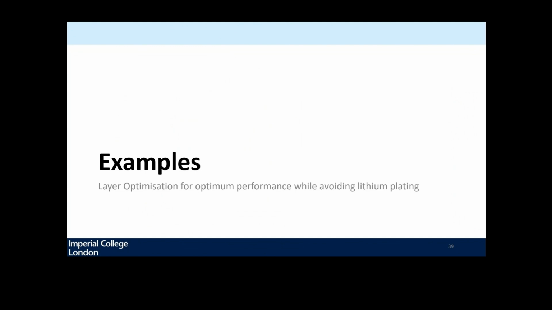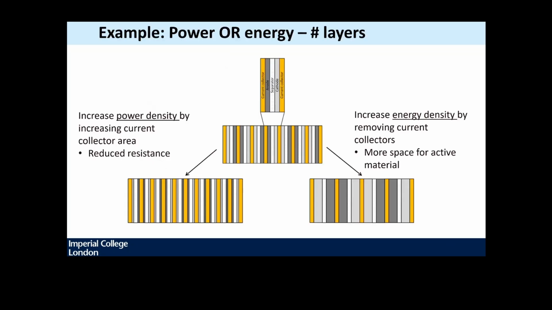And then another example of work that we have done quite a while back in the group, and I'm showing you this just because I think it brings it well into the whole system picture. Here we were interested in optimizing the number of layers within a cell of given thickness in order to achieve the best performance for a particular automotive application. So this is the idea that we now have a cell of given volume, and we could fill it up with lots of thin electrodes and lots of current collectors, or we could fill it up with thicker electrodes and